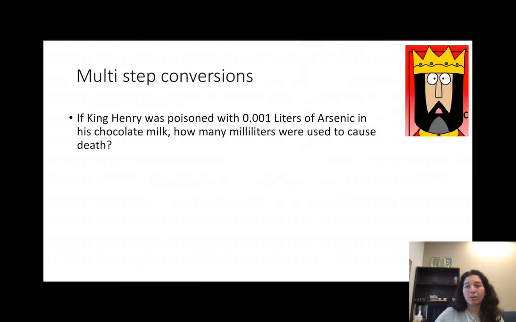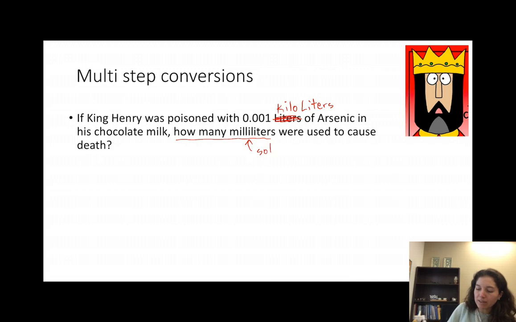Let's take a look at multi-step conversions. This can be a little bit more difficult. I'm going to change this number to make this a little bit harder on us: kiloliters. Okay, so if King Henry was poisoned with 0.001 kiloliters of arsenic in his chocolate milk, how many milliliters were used to cause his death? So let's take a look at what we're solving for and what we're given. Milliliters is what we're trying to find. It says how many milliliters. So we're solving for this. This is the unit we're going to be solving for. What we're given